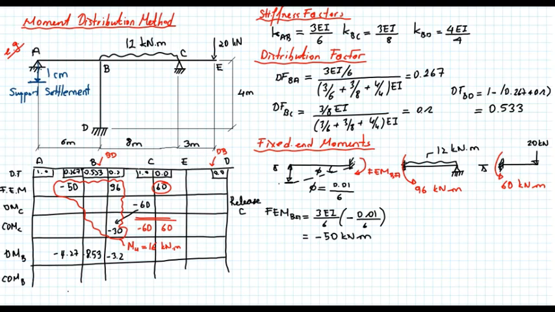No carryover to A, no carryover to C, but I will have a carryover moment to node D, and that will be the half of 8.53, which is minus 4.26. So this is the final step. Now all the nodes are in equilibrium, and I can obtain the final moments, which are as follows: